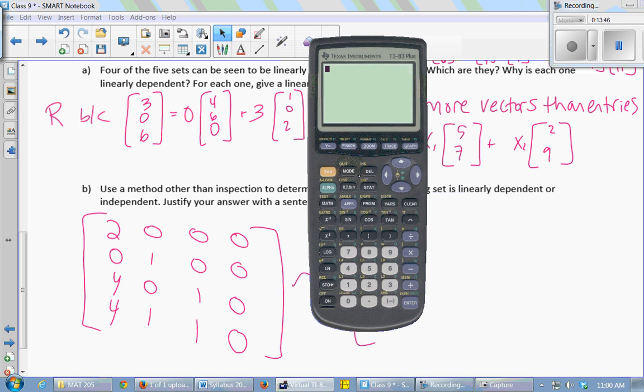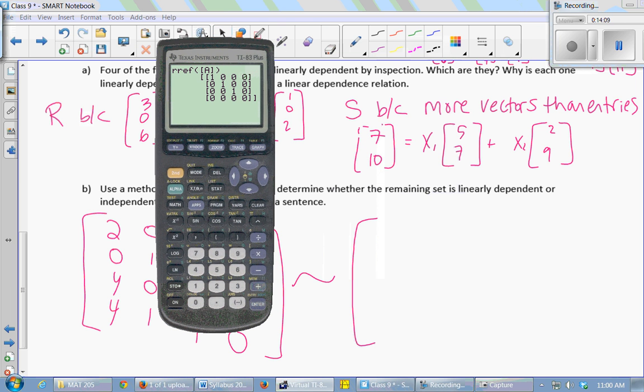Okay, so I quit out of there. Go back into the matrix menu from the home screen, choose math, go to RREF, go back into the matrix menu in the names section and choose A, and we row reduce it,